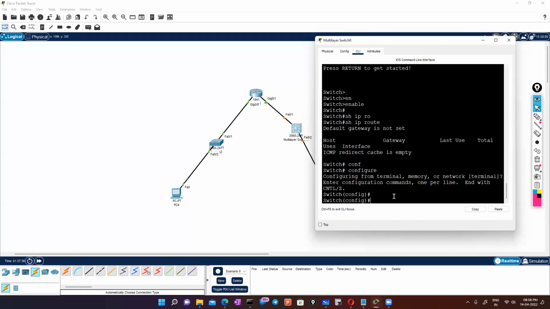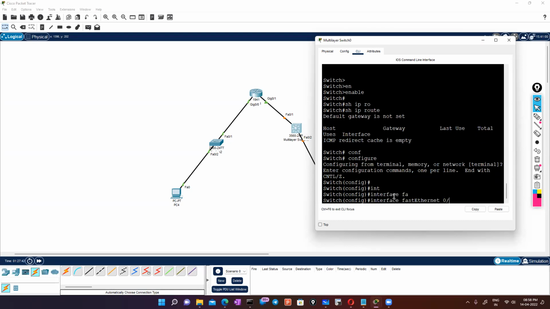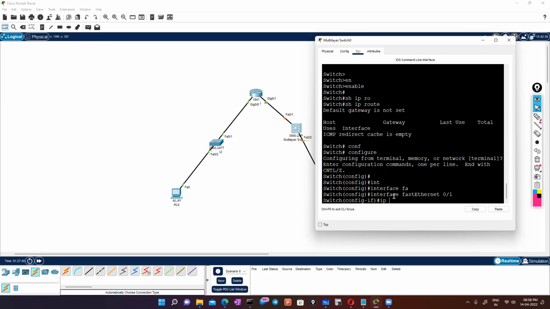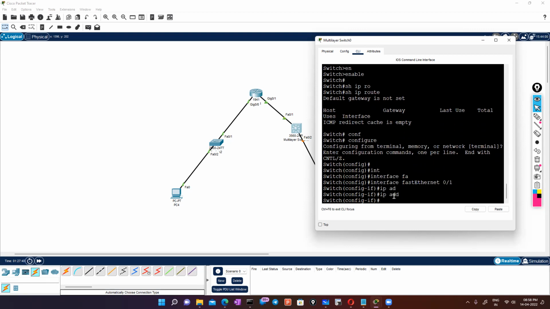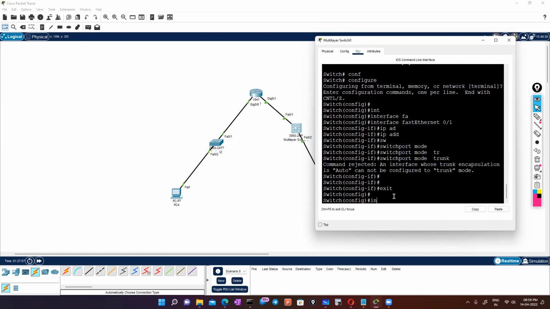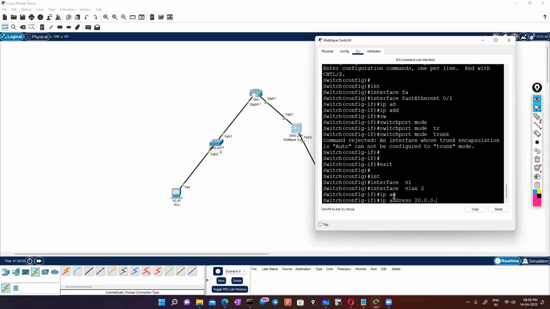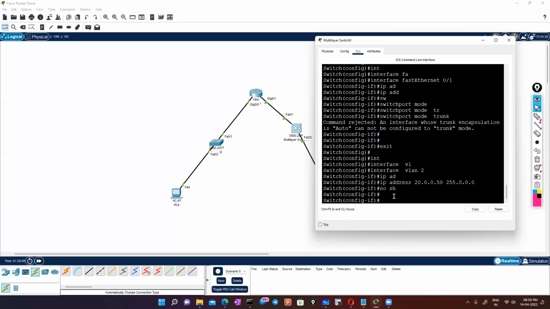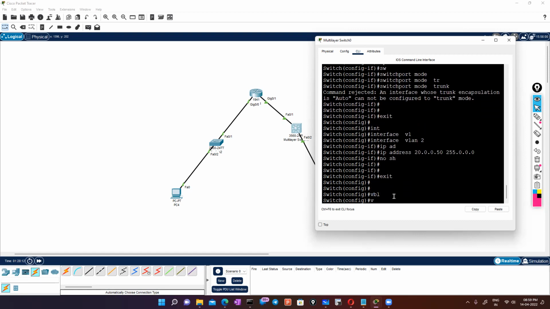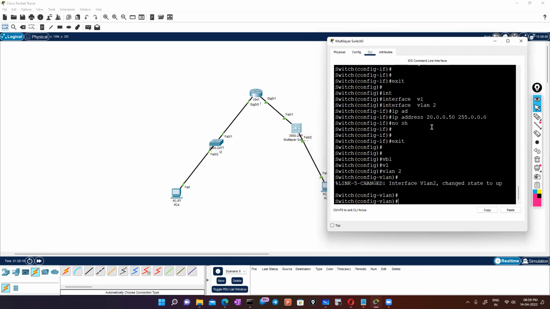So interface FastEthernet 0/1, switchport mode trunk. Interface VLAN 2, IP address 20.0.0.50 255.0.0.0. So creating L2 VLAN 2, VLAN 2 is up, and let me try if I can